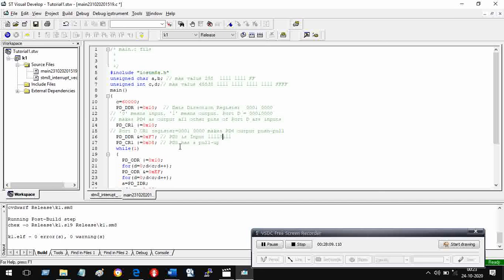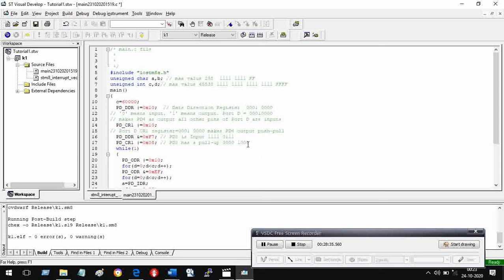Now it has to have a pull-up. So it is 0x08. I am ORing it because to make it pull up, I must make a particular bit 1. What is that particular bit? Bit 3, PD3. Okay. So 08 means what? 0, 0, 0, 0, 1, 0, 0, 0.